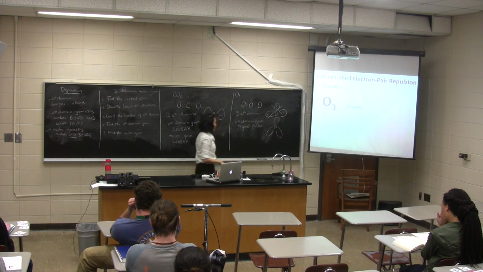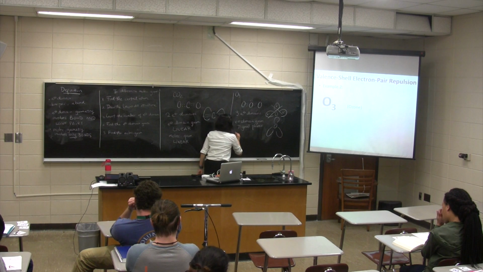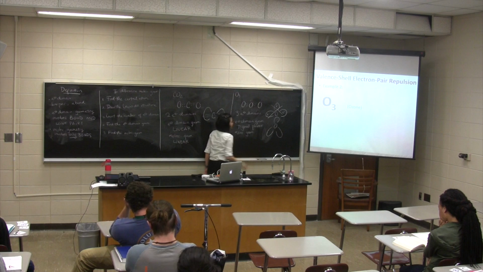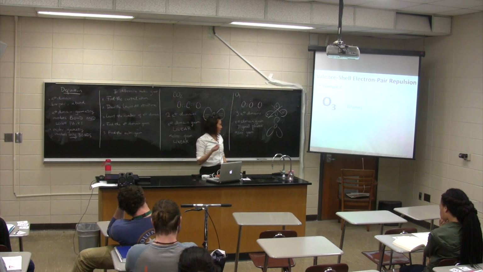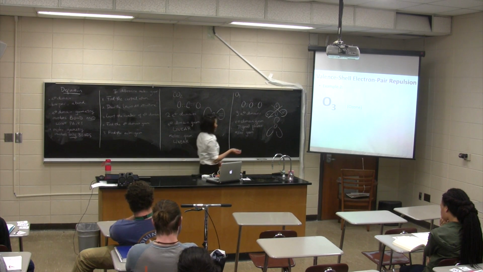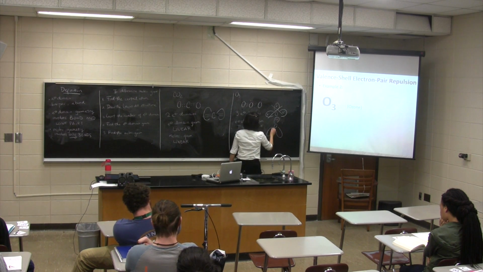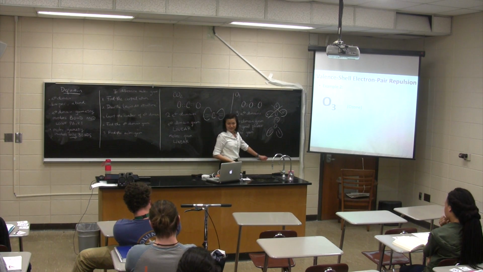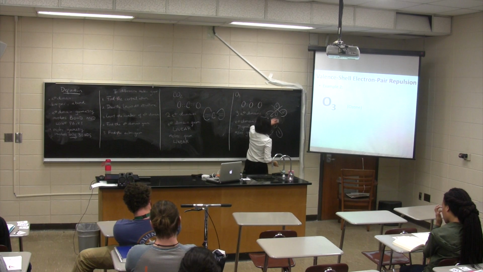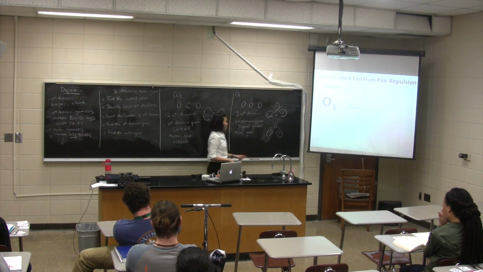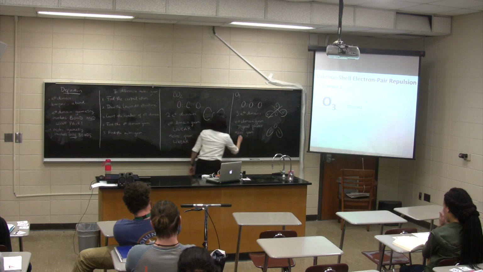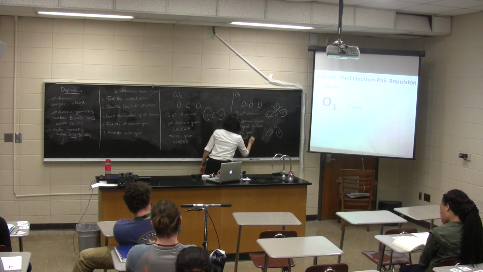Okay, very good. So now to go from electron domain geometry to molecular geometry, you want to erase the balloon that corresponds to the lone pair. So let's say I fill in, that is the lone pair, that is the double bond, and that is the single bond. What balloon should I erase? The top one. So if I erase that, the shape, is it linear? No. And this particular shape is called bent.